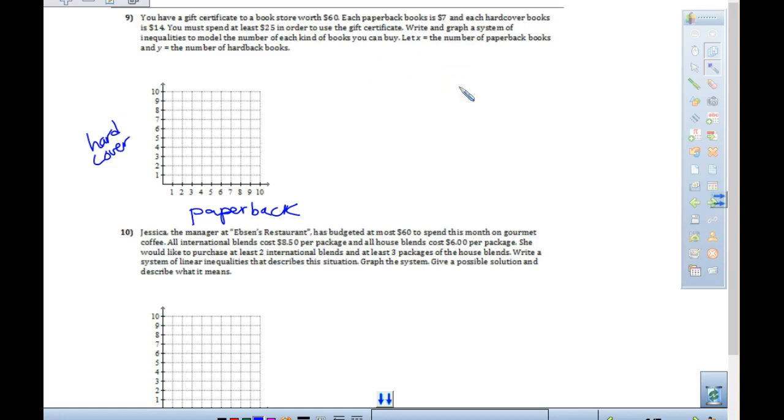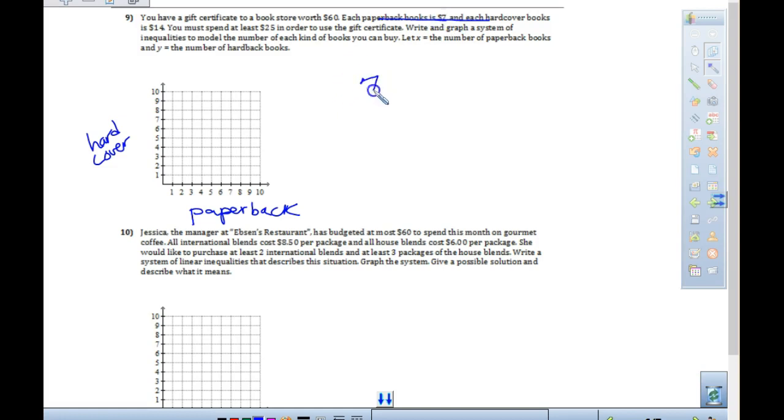Probably. What would you tell me is the rate of change in number 9? Do you have a rate of change? Yes or no, do you think? Like a slope rate of change when you read number 9. Probably 7. But isn't that $7 for each book, and $14 for the other one? Is that a rate of change, like so many dollars? I agree that we're spending $7 on each paperback and $14 on each hardcover, but wouldn't that